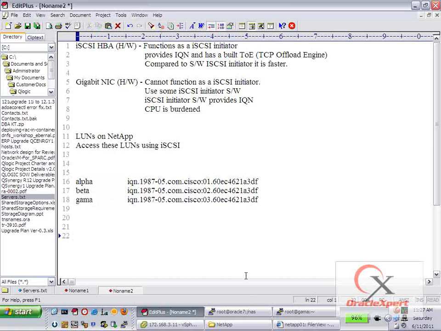Next thing, now that I have determined I have the necessary things in place, I have a gigabit NIC, I have iSCSI initiator software installed, and each iSCSI initiator software has given me a machine specific IQN name. Okay? This IQN name is required to map a LUN on the storage side. Then I jump onto my storage,